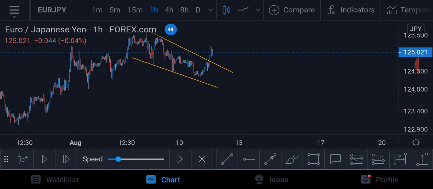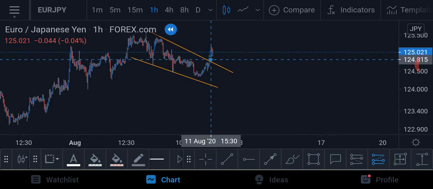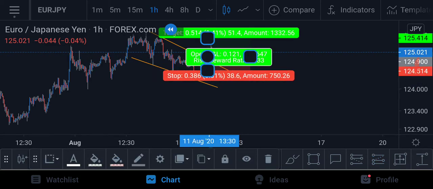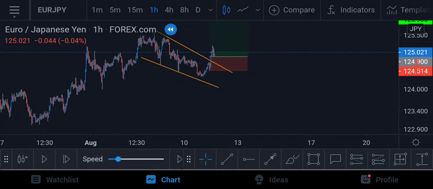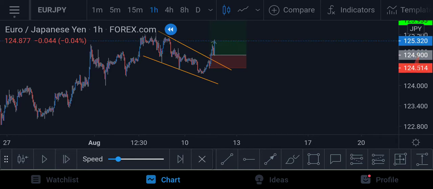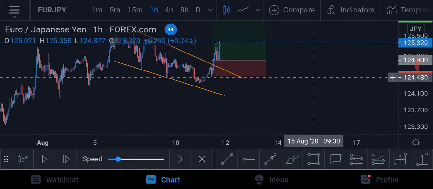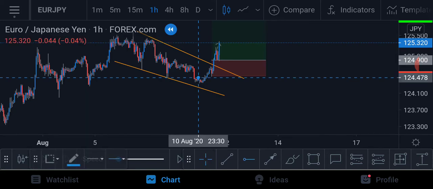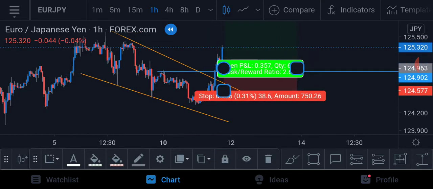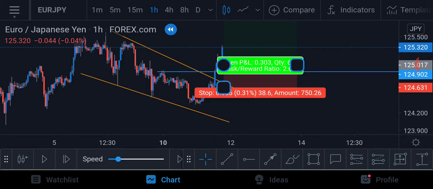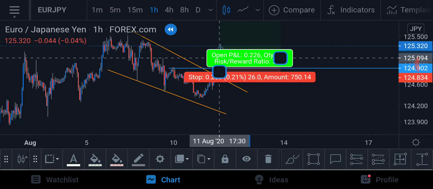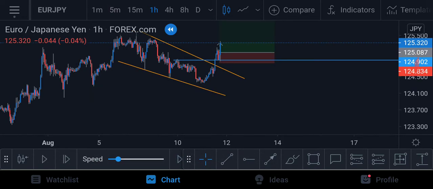Here price broke out from the pattern, so I will enter a buy on the breakout. You can wait for a retest, but I am entering with the breakout because it looks good to me. As you can see, price made a retest here from this structure. On this view you can control your risk more aggressively, and it's good to trade with this structure retest.